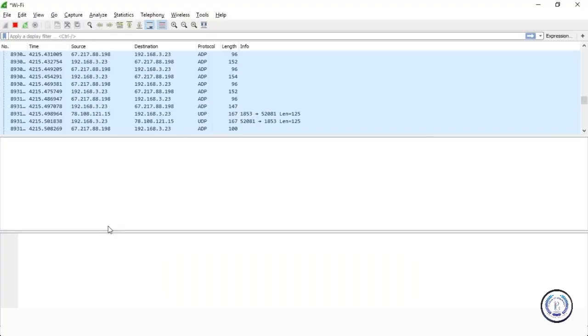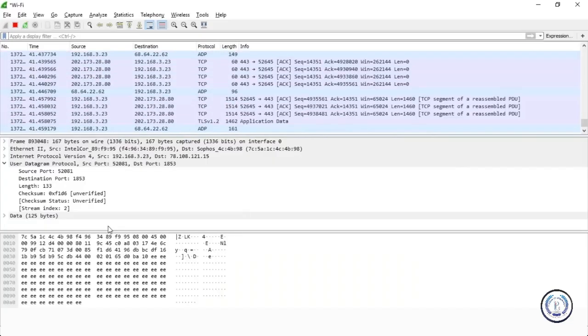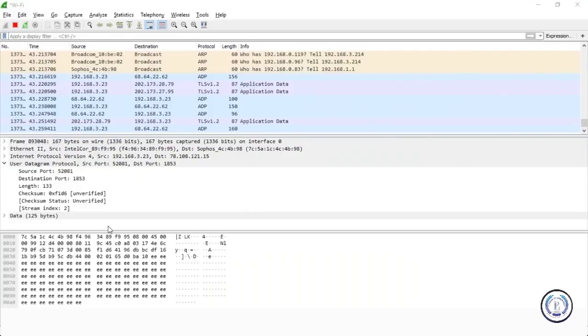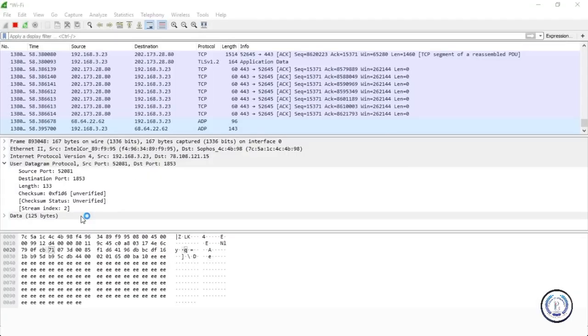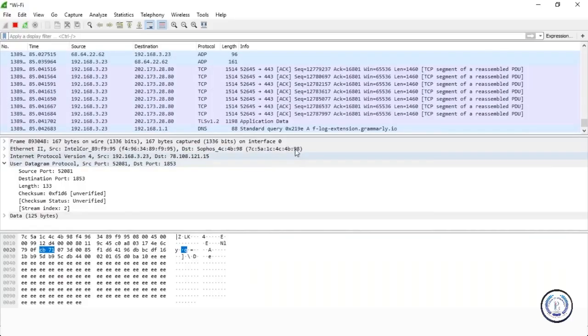Now, when we're starting to do some more significant work, I select the interface that I'm using primarily, which is my Wi-Fi, and we'll bring up a Google page so that we can see what's happening on the network. So let me just quickly open up a Google page. As you can see, it's capturing a bunch of data that's going around here. Let me open up a Google page, and that's going to send some data. Let's go back. It's grabbing a whole bunch of stuff off the network. I'm just going to stop that.